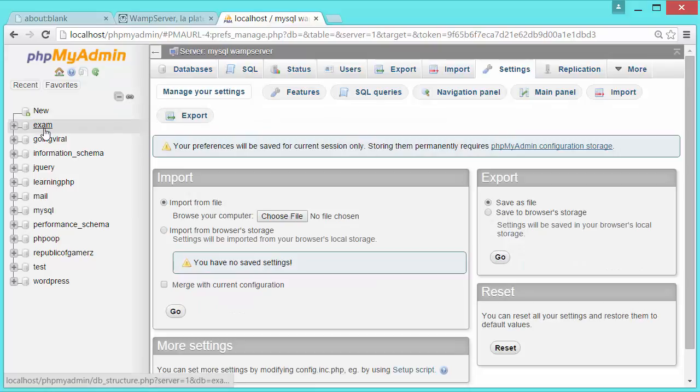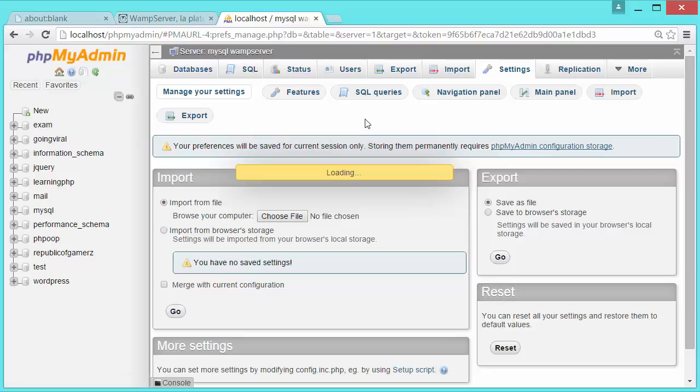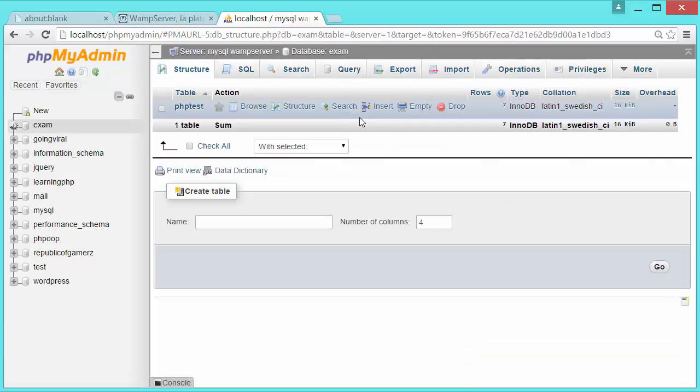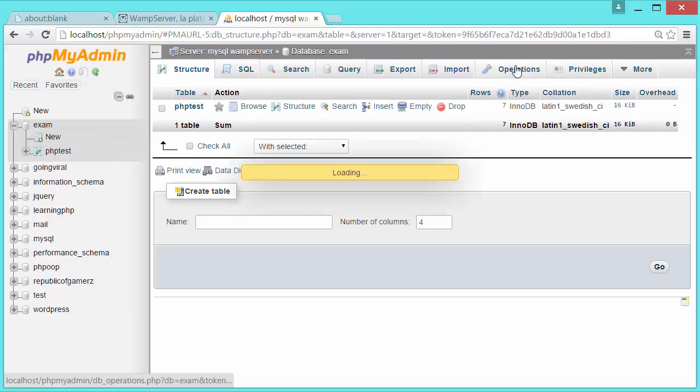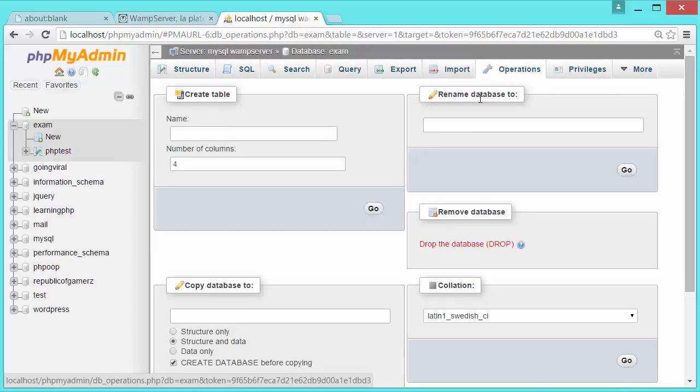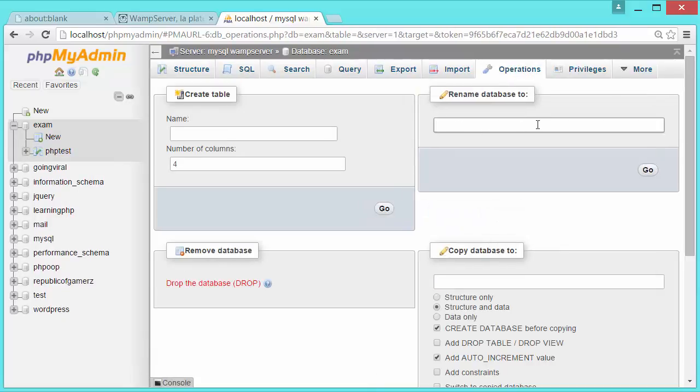Click on the DB first of all, it is a PHP test, and now click on operations. From here you can rename the database. You can just change the DB name to examination,